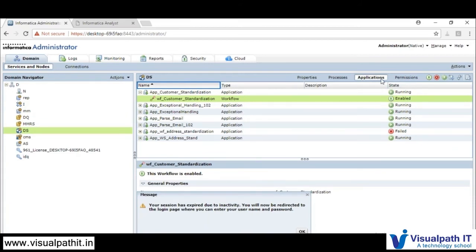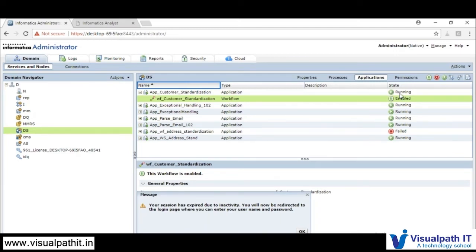That is the reason it is a mandatory thing, which comes up at the configuration level also. Whatever you deploy as an application will be captured under your data integration service, under the applications tab. So whenever you log in to the admin console, under data integration service, under applications, you will see the available applications.